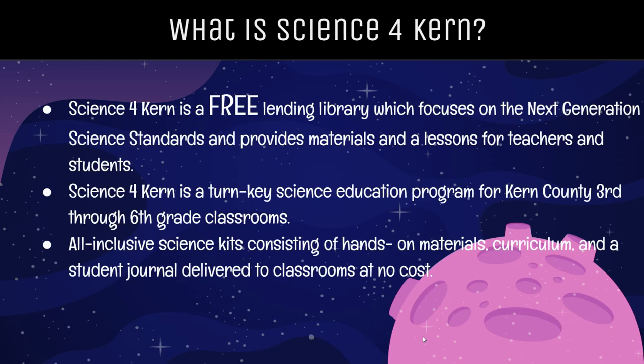We are a free lending library which focuses on the Next Generation Science Standards and provides materials and lessons for teachers and students. Science for Kern is a turnkey science education program for all Kern County teachers from grades 3 through 6th grade. All-inclusive science kits include hands-on materials, curriculum, and a student journal delivered right to your school for classroom use